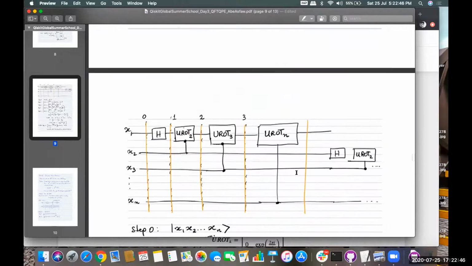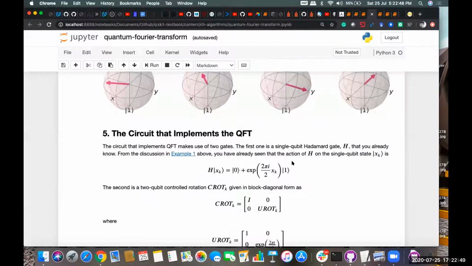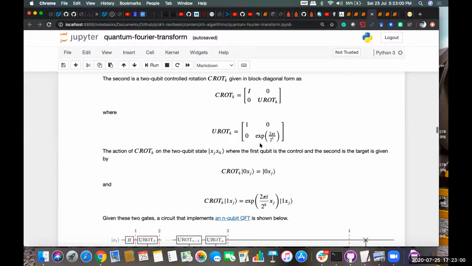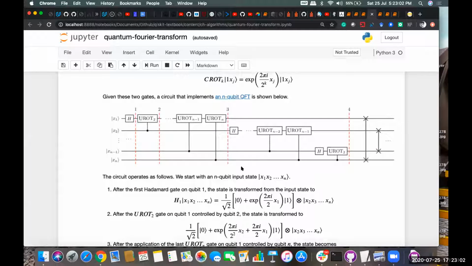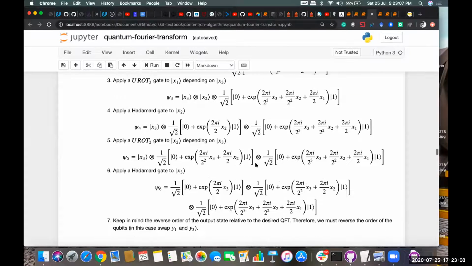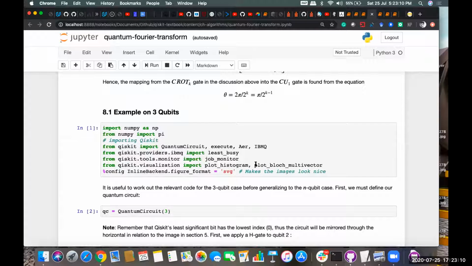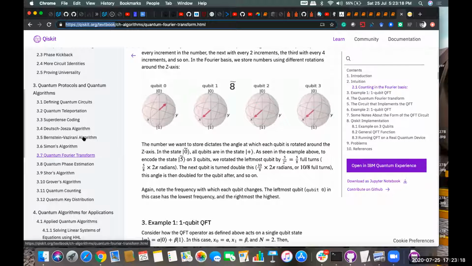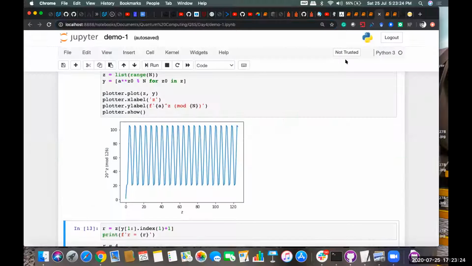So this is what is happening in the quantum Fourier transformation. Now coming to the circuit implementation, you can see how we are applying the Hadamard gate, then applying the controlled unitary rotation gate, and how the matrix is getting generated. And this is the circuit which is getting generated. Those of you who want to give it a try can go to the Qiskit textbook, look for the quantum Fourier transformation page in section 3.7, download the notebook, and try it on your local system as well.